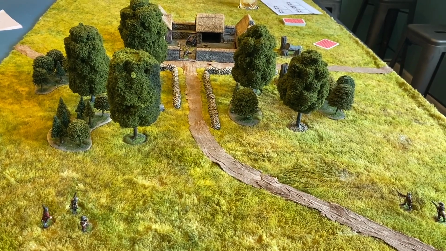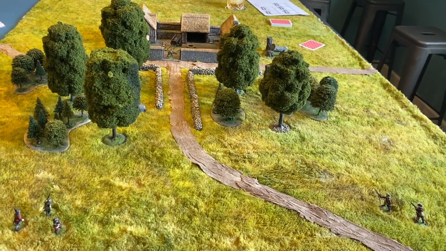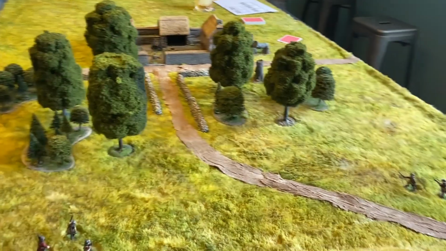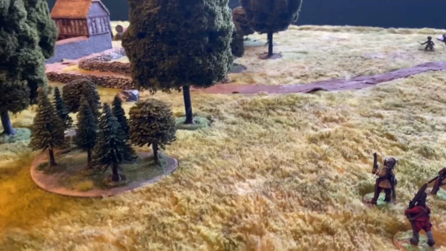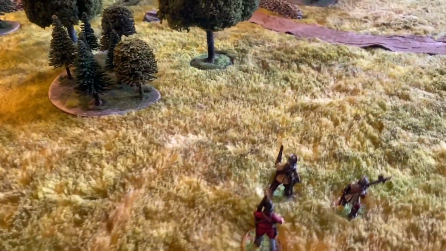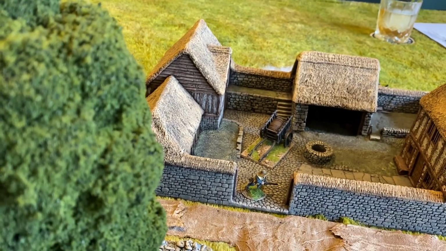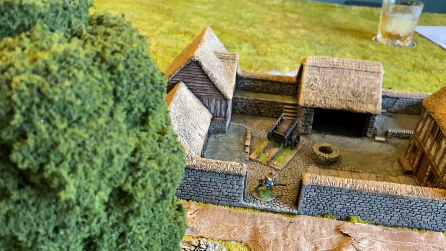All right, so me and Marsh are going to be playing a game of Horse and Musket, this time taking place during the English Civil War. Marsh will be taking the side of the Royalists, while I will be Parliament. And the scenario today is that the Royalist forces must come in and destroy that keg of gunpowder, and before the reinforcements